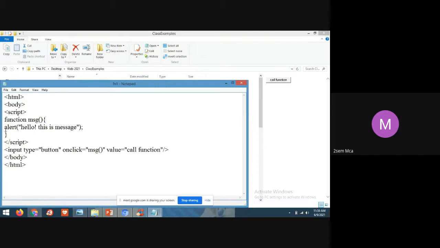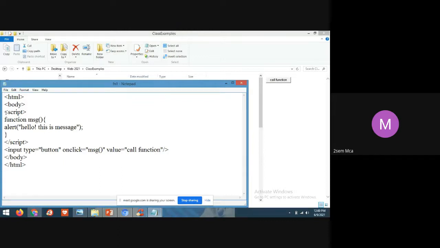Yes, you understood now. In the last class I told you the definition of a function should be present in the header tag. It is not compulsory, it is optional. But the function definition should be in the script tag, because it is JavaScript code. And for calling a function, you can directly call it in the body tag, or you can make use of an input tag to call the function or method. This is a simple program to demonstrate a function.